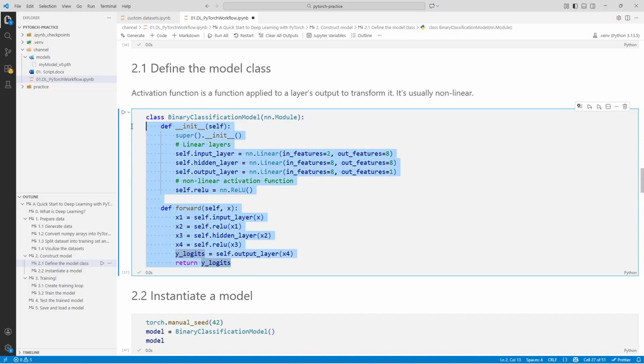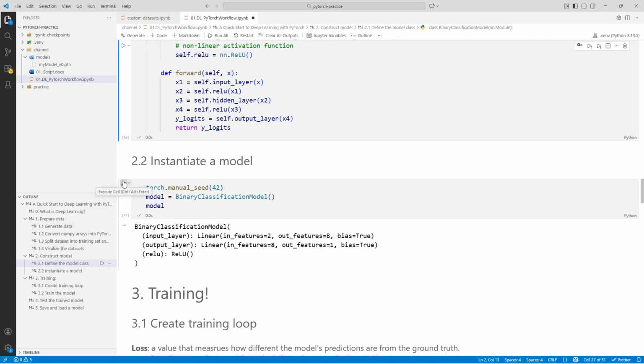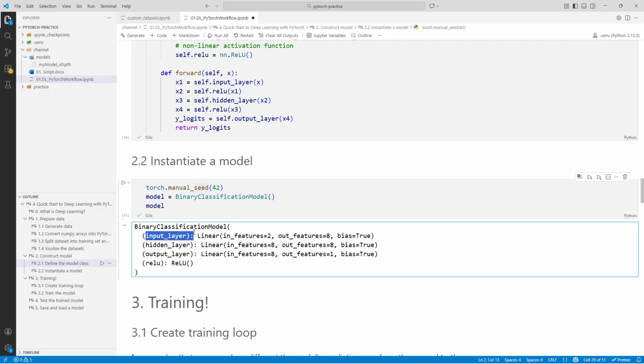That's the improved model, and let's define it, and we instantiate it: input layer, hidden layer, output layer, our activation function, ReLU. Wow, it looks good.